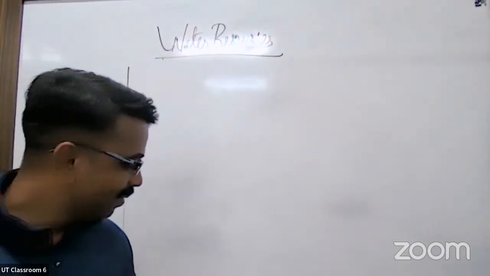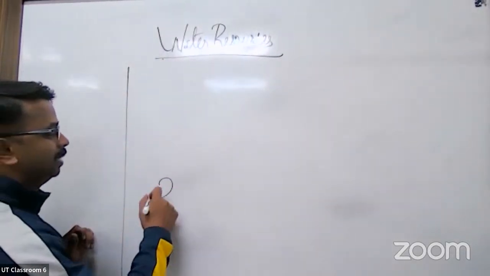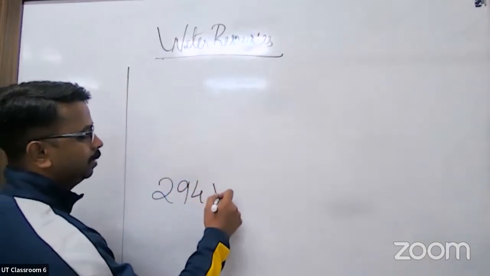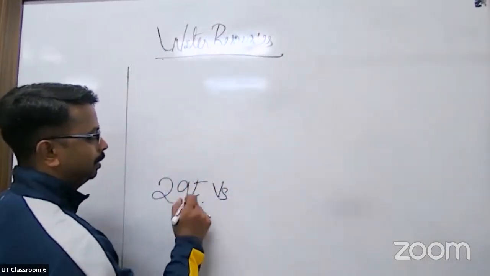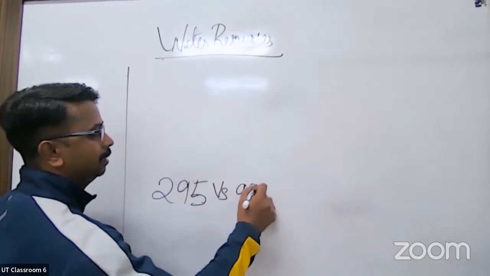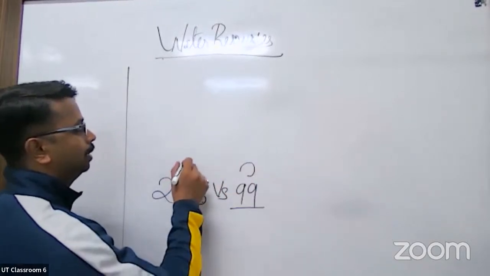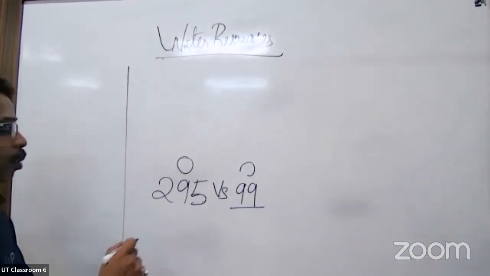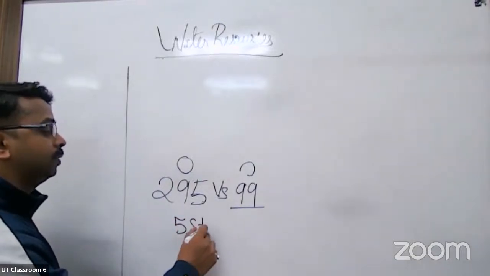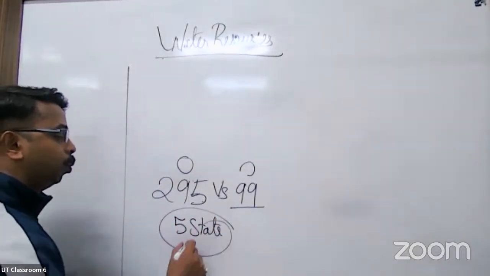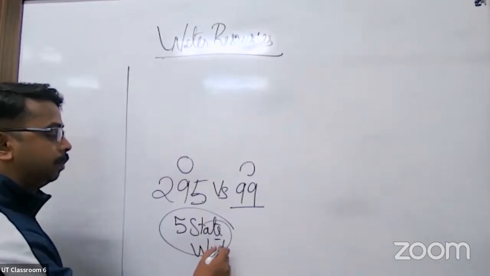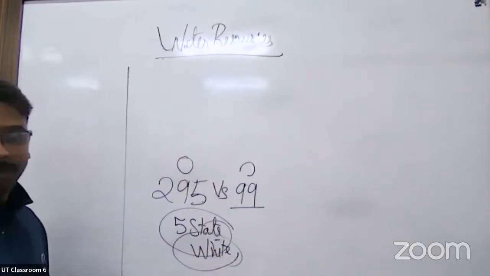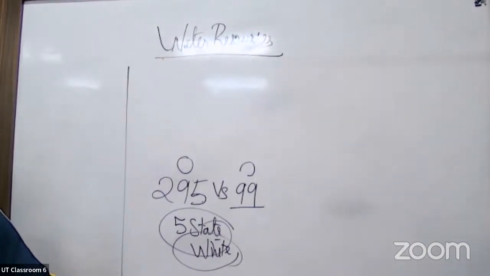So the news channels, if you have seen very clearly, they were putting like this: 294, I think. 290 actually. Sorry. Versus 99. Here Rahul's photo is showing and here Narendra Modi's is showing. Although BJP didn't cross more than 5 states, they have whitewashed the seats. In Madhya Pradesh there were 32, they won all 32. And what I liked most was Delhi's 7 Lok Sabha seats, all 7 won by BJP.